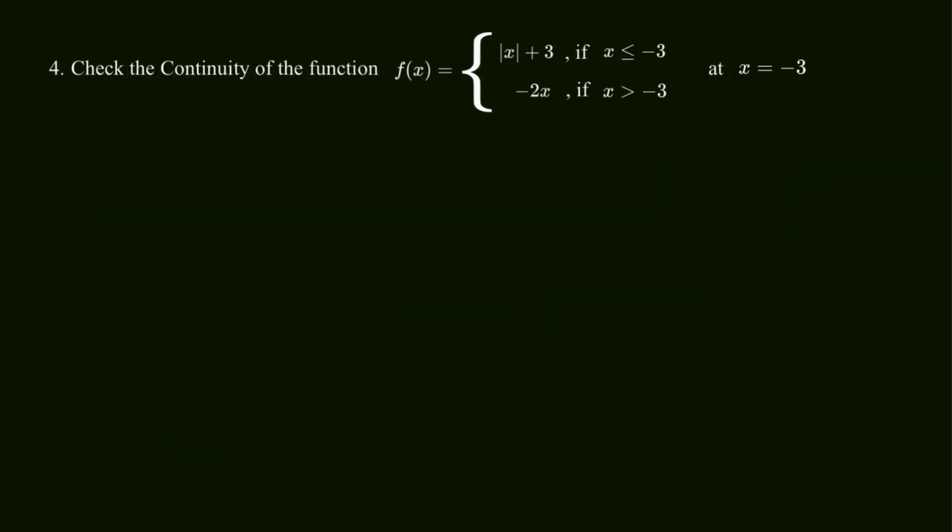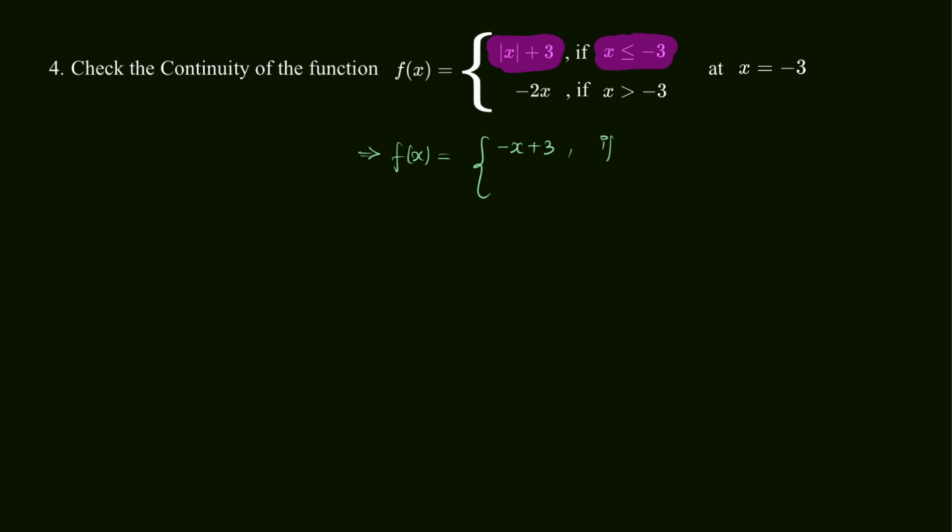So here the function is modulus of x plus 3 when the value of x is less than or equal to minus 3. That means this x is already on the negative side, and on the negative side the value of modulus x will be minus x. If I rewrite this function, then my function will be f(x) equals minus x plus 3